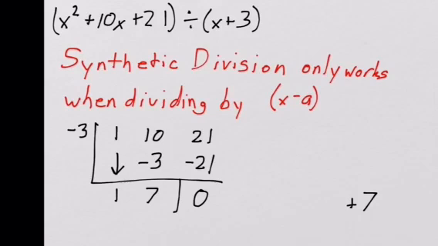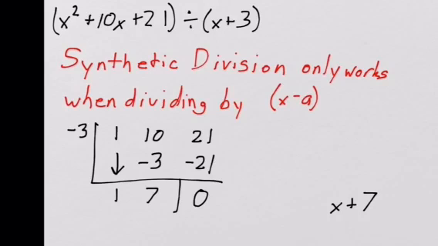And then you just add exponents to the x as you go from right to left. So the next term is going to be x. So I get the quotient here is x plus 7. And no remainder, and if you look back at the last video, you'll see that was what we got using